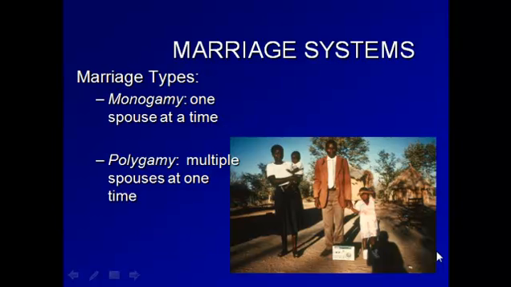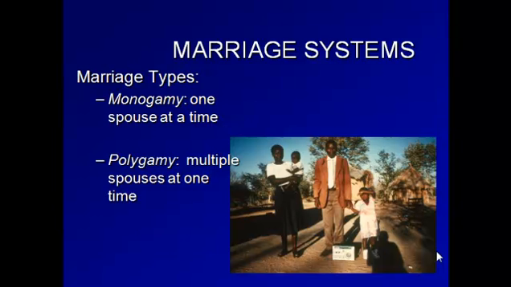So we'll continue with the discussion of marriage systems, focusing in this lecture on marriage types, with the terms monogamy and polygamy as the guiding frames for this discussion. So monogamy is one spouse at a time, polygamy is multiple spouses at one time. These are generally considered rules that govern the number of spouses that you can have. So those terms refer to those rules in a marriage system that allow legal marriage spouses.